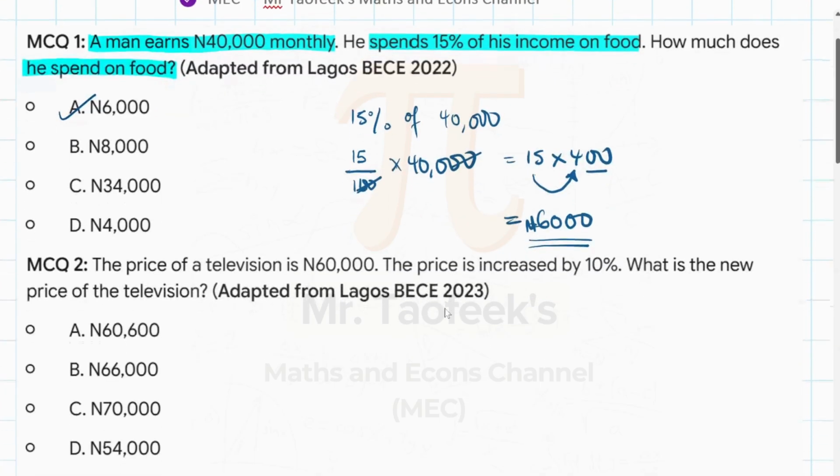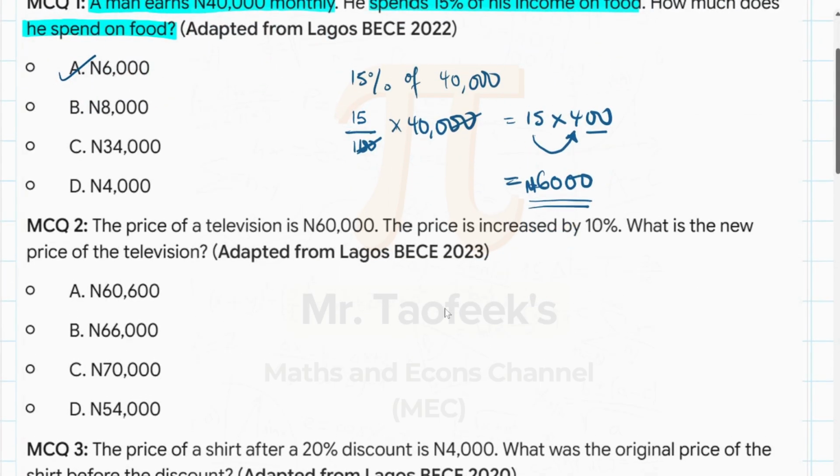The next one, question number 2. The price of a television is 60,000 naira. And then the price increased by 10%. What is the new price of the television? So there are two methods. There are two ways to solve this question. The very first one is that you just work out 10% of the price of the television, right? So 10% of